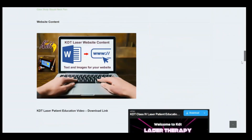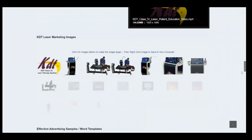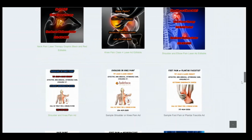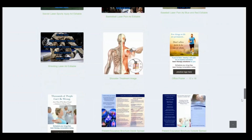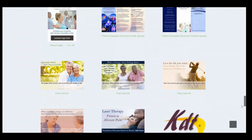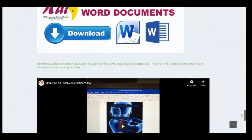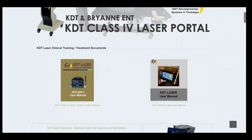Website content's already pre-made for you. Patient education videos, all your images of the laser, and then you get into your pre-made editable social media marketing ads that people really like to use. And then you have your patient education brochures, your posters and postcards and different things that you can use to market your practice. And there's a video that explains how to edit these pre-made ads for you. So if we bounce back